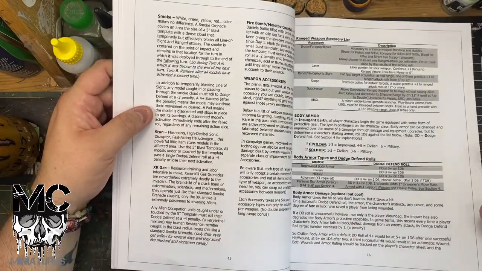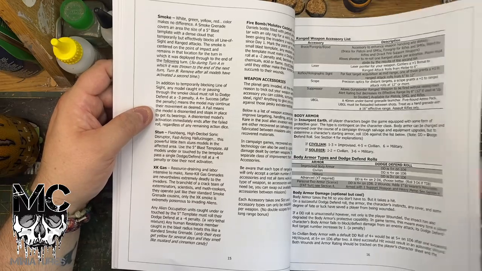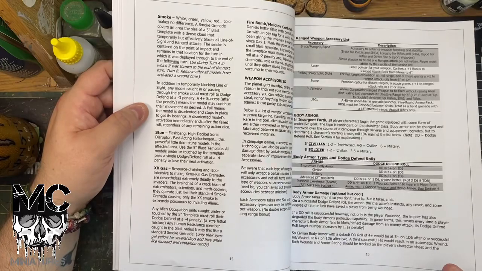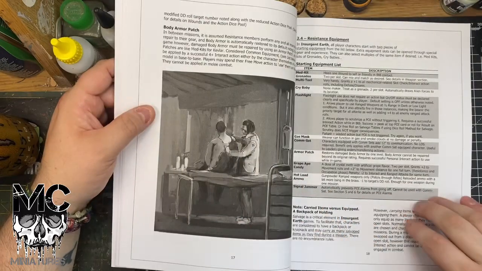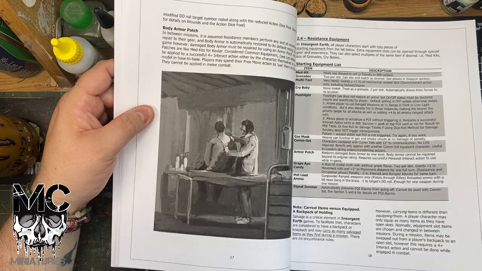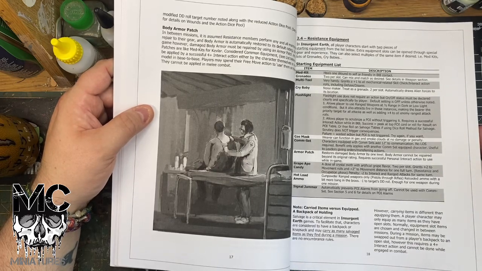Smoke grenades, weapons, accessories, and what they do, standard stuff, body armor and what it does, and your dodge and defend rolls, and your equipment like your med kits, your multi-tools, noise makers, grape ape candy, a dose of crystal meth